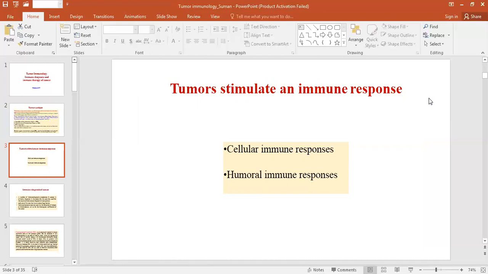And tumor antigens are capable of eliciting a comprehensive immune response involving both the cellular as well as humoral immune responses. In case of cellular immune responses, T lymphocytes play an important role in tumor immunity. They act both as cytotoxic effector cells and as central modulating cells. Through these effector cells, they control the specific cell-mediated anti-tumor immune responses and upregulate non-specific killing mechanisms.